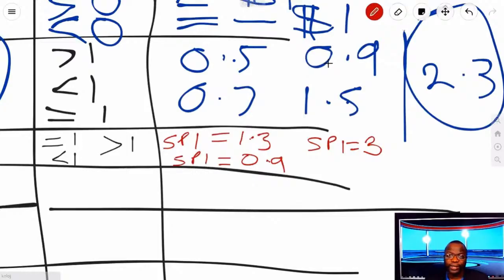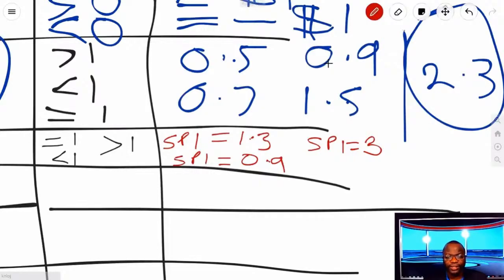An SPI of 0.9 means you planned to get $1 worth of work done within a time period, but you only got 90 cents of it done. That's not good. So management will say, what's going to happen to the 10 cents worth of work you didn't perform? And if you multiply that across millions of dollars, you're really late. Okay, so this means you're behind. SPI equals 3 means you planned to get a piece of work done and you got 3 times the amount of work done within the time period.